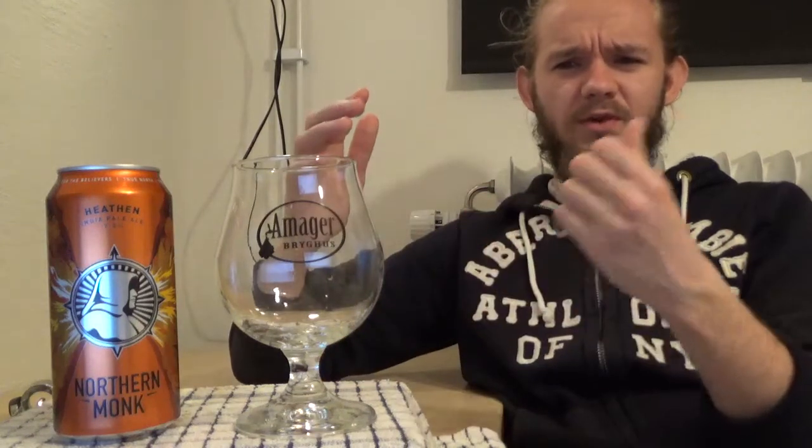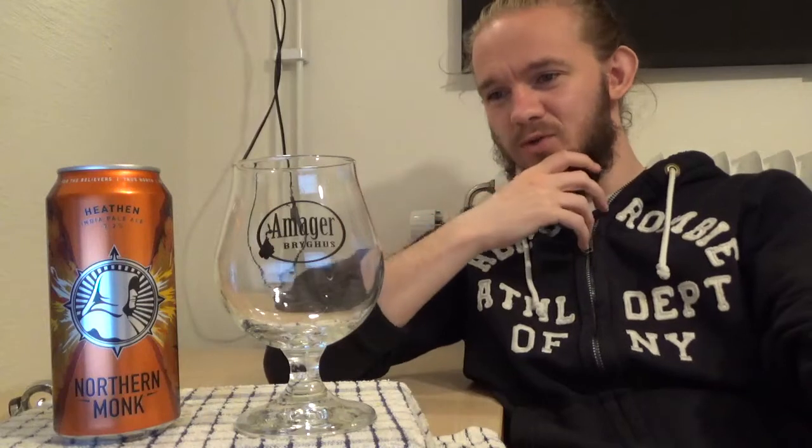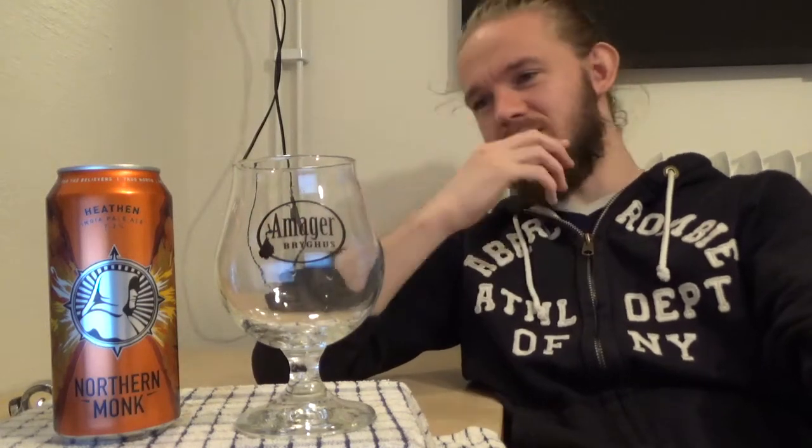They also have their Patrons Project, which is where they team up with other breweries for collaboration brews. They've also done things with local restaurants. Usually the artwork on these beers is designed by local artists, and usually they invite other people to come in and take part in the brew and things like that as well. And probably the most interesting and experimental beers that you'll get from Northern Monk are the ones that come out